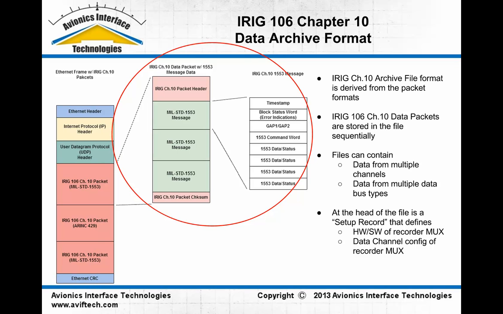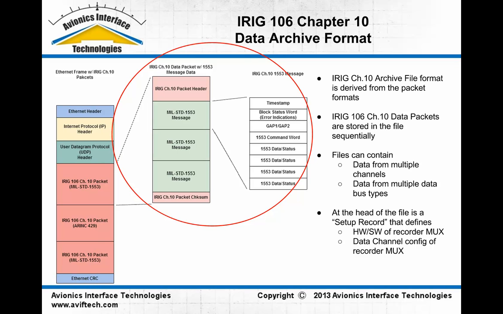And the same thing for the files as you would have with the streams. A Chapter 10 archive file can contain data from one or more data buses, and even one or more avionics data buses of different types. So you can have a mix of 1553, 429, whatever type of avionics data stored in the same Chapter 10